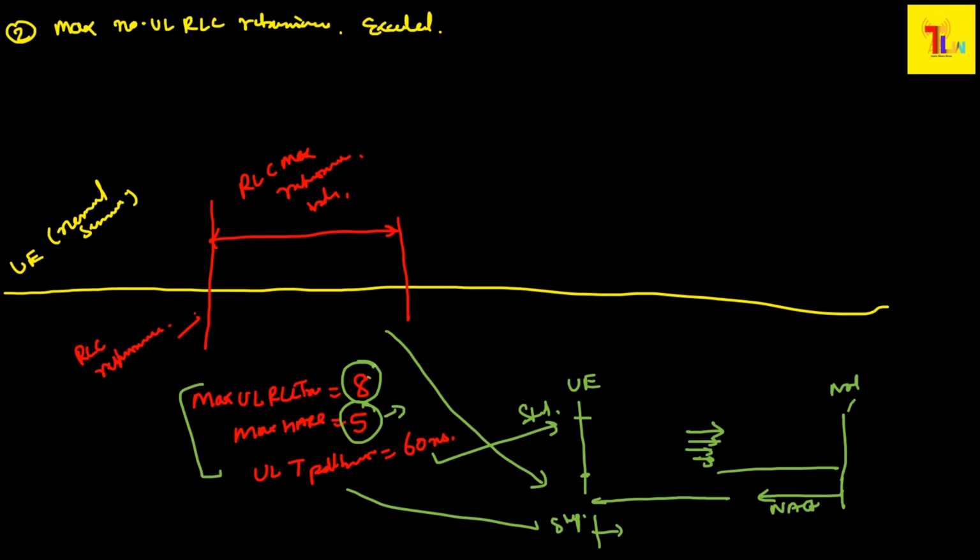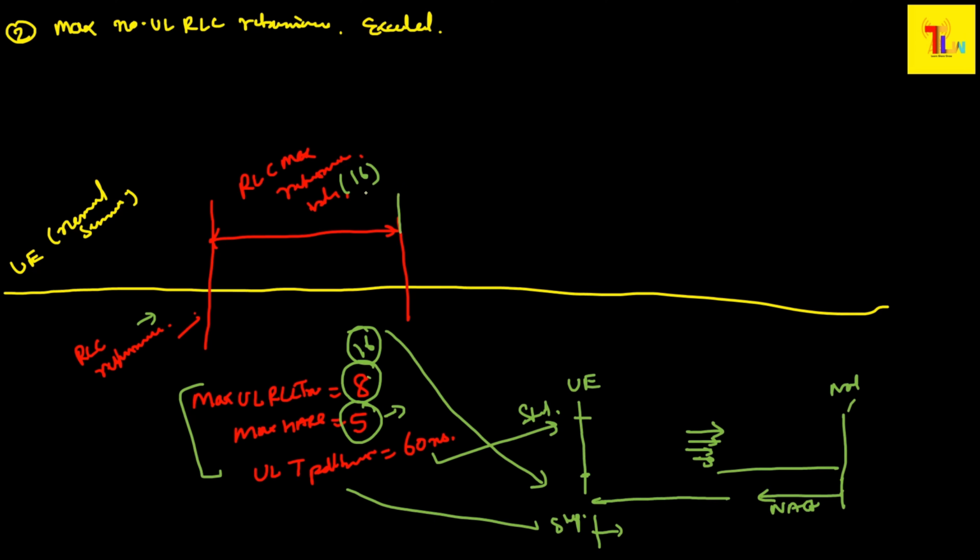This can be 8, this can be 16 also. Suppose 16 is the value, so it will do 16 RLC max transmissions. If it is not able to send the RLC packets,